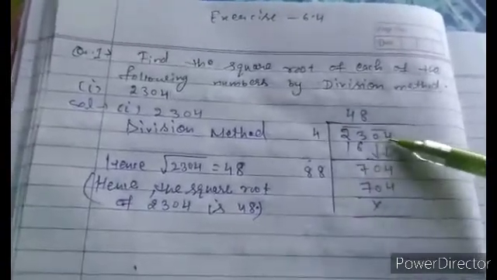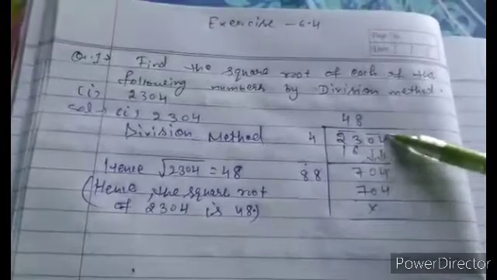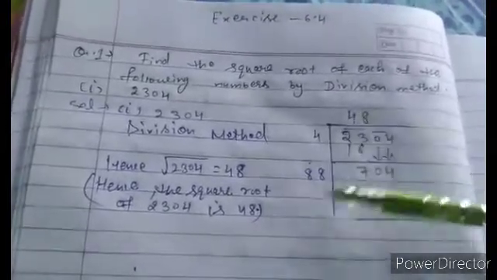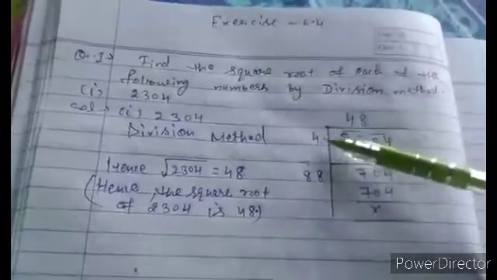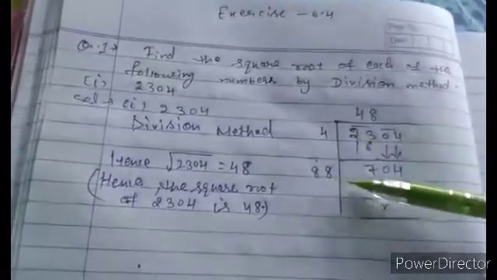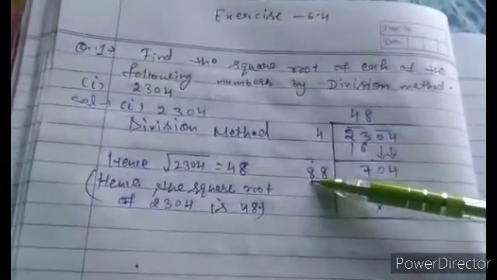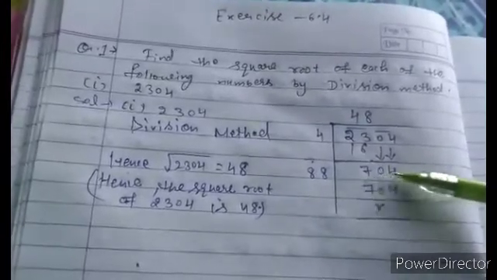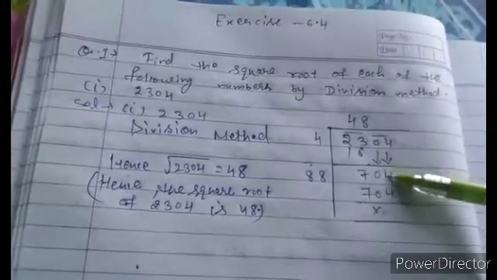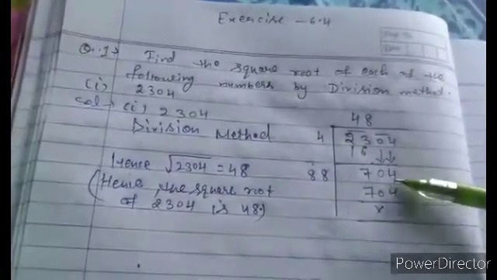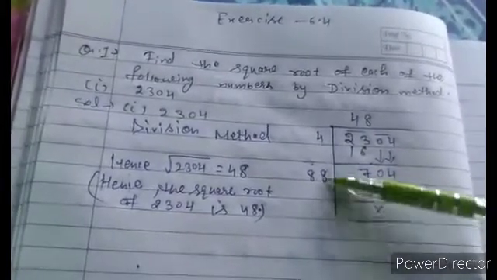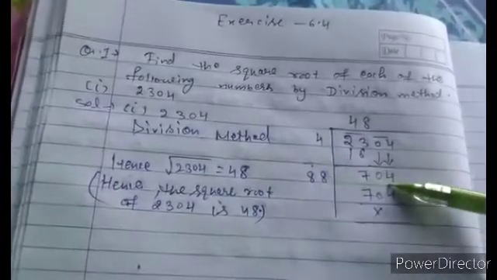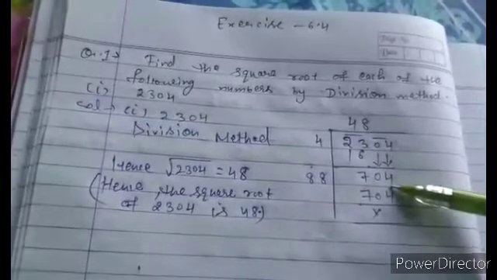So this pair 04 which we have made, only that will come down here with the 7, and here we write double of this, meaning 4 plus 4, 8. Now see with 8, which number should we multiply so that we get 704. Firstly the unit digit: how will we get 4? If we multiply with 2, 2 2 ja 4, and if we multiply with 8, 8 8 ja 64. So we will get 4 as unit digit.